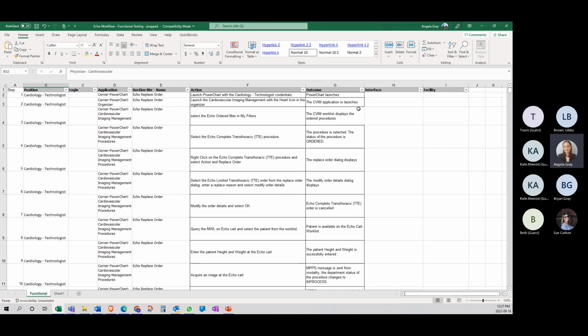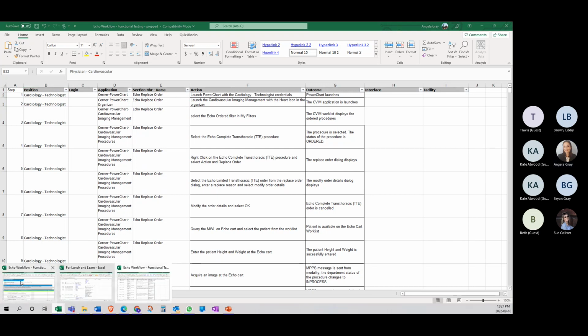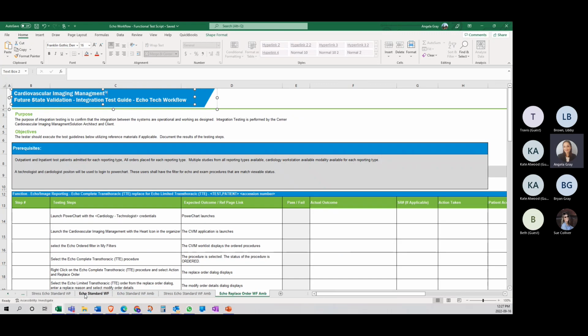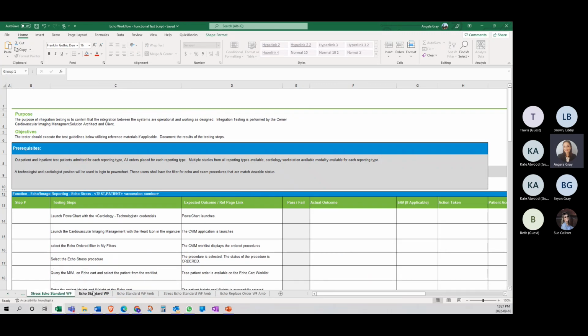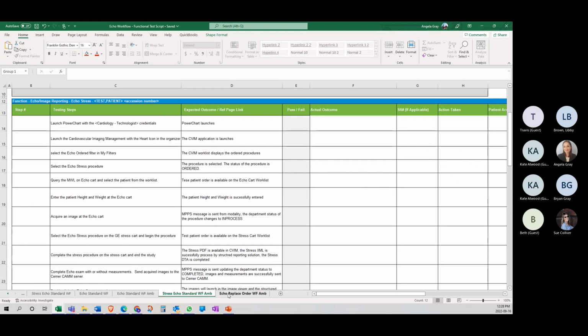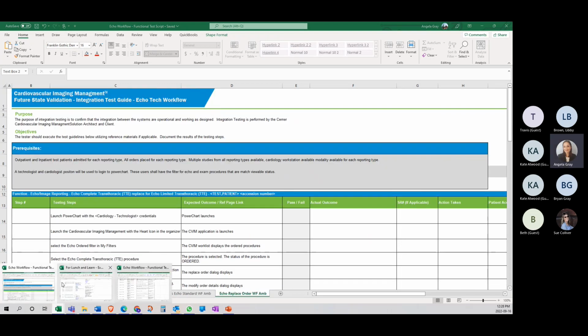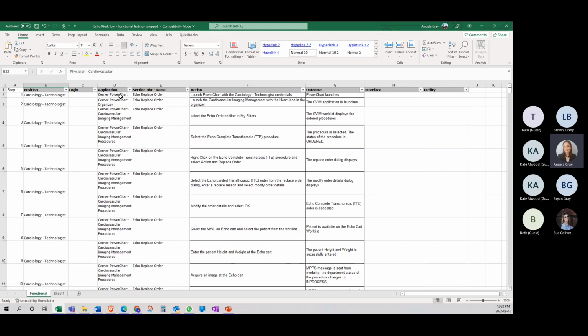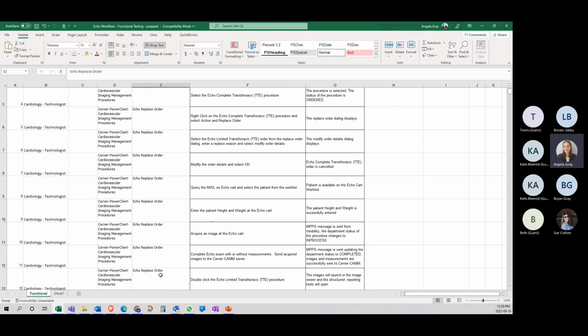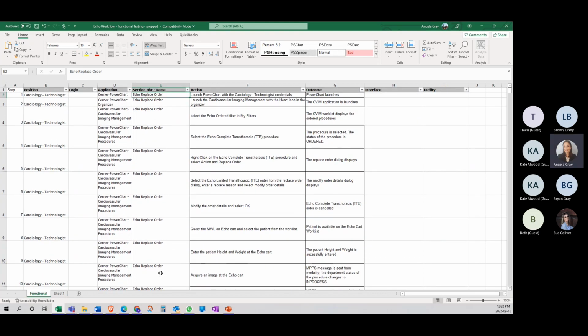And so in this example here, this is a functional style scenario. So this has all of these different workflows that are listed at the bottom here. And so what I've done in my functional scenario is call out all of those workflows as different sections in my